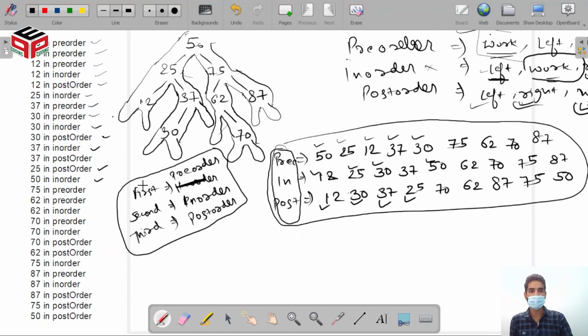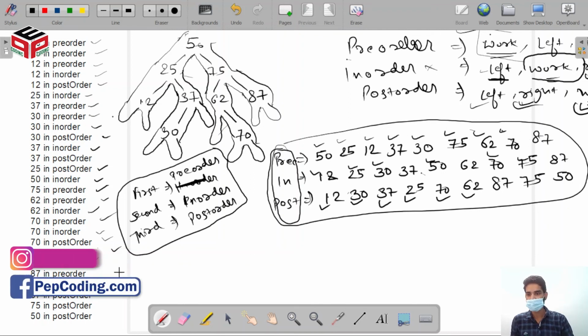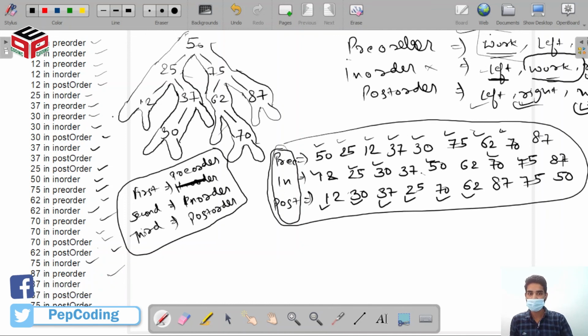75 in pre-order, 62, 70 in pre-order, 70 in order, 62 in order, 70 in post order, 62 in post order, 75 in order, 87 in pre-order, 87 in order, and it is exactly the same.